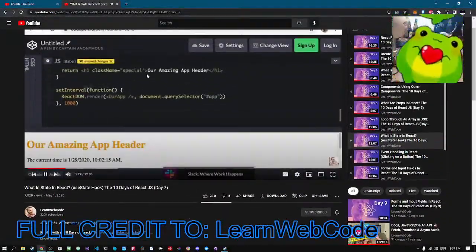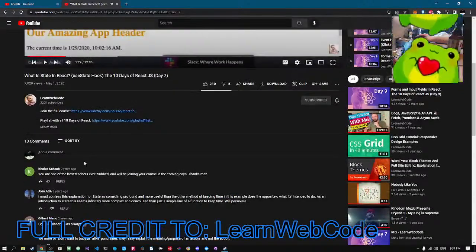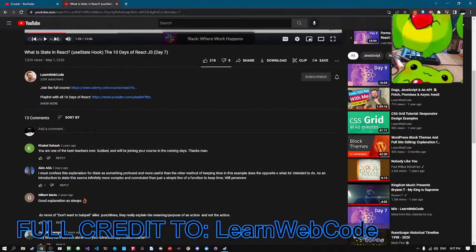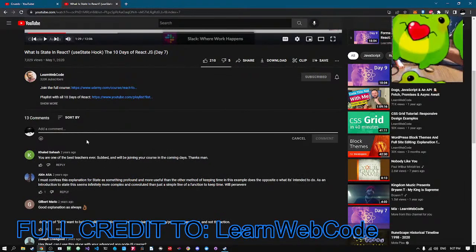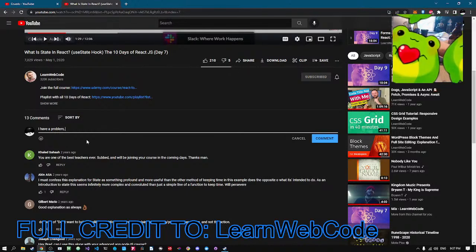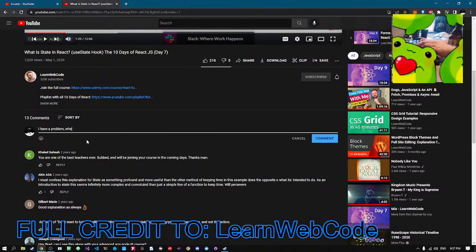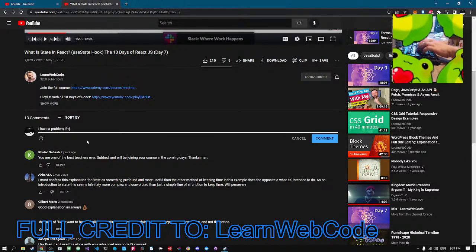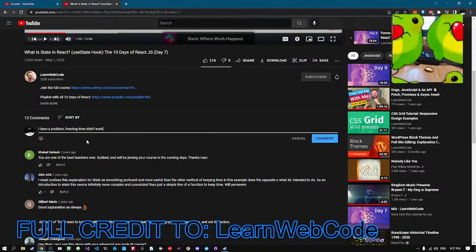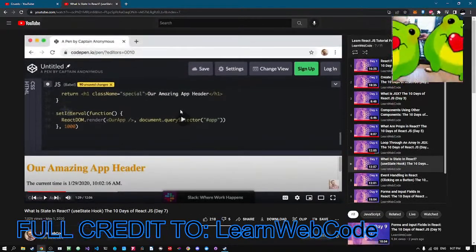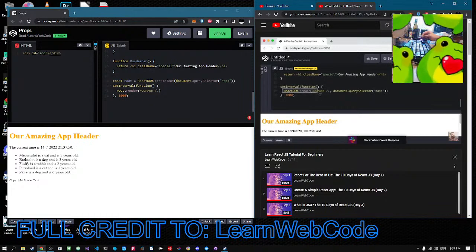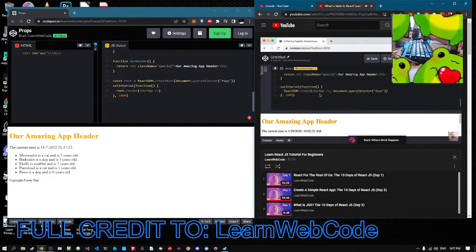So in that sense, this manual approach of setting an interval of 1 second and re-rendering manually works, but what about other types of